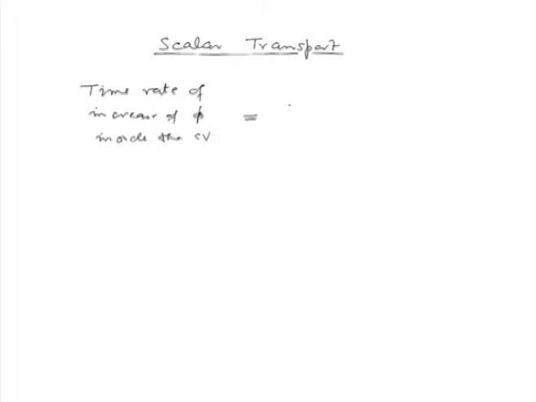Now, this is simply the temporal derivative of rho phi. Here we have assumed this phi is an intrinsic quantity. So, essentially this phi represents a physical quantity per unit mass, d omega,